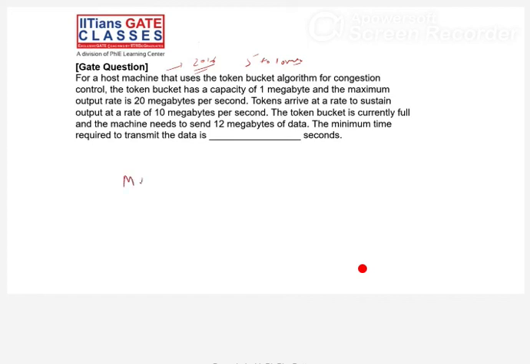Second, an appropriate RTT estimation algorithm is used to set the timeout value of a TCP connection. Yes, it is used. This is true. Third point, the timeout value is set to twice the propagation delay from the sender to the receiver. No, this is not fixed in the TCP transport layer. It is only fixed in the data link layer. This line is right for the data link layer, not for TCP, and they are asking for TCP. So the answer is B.